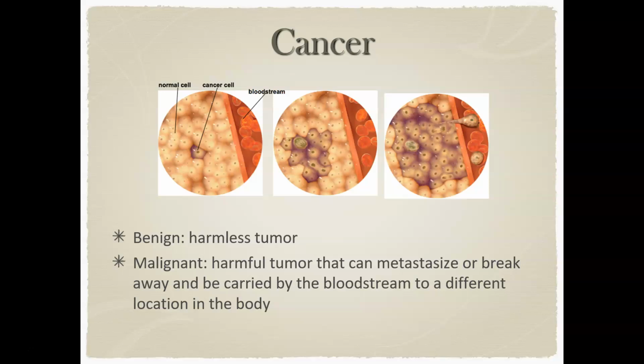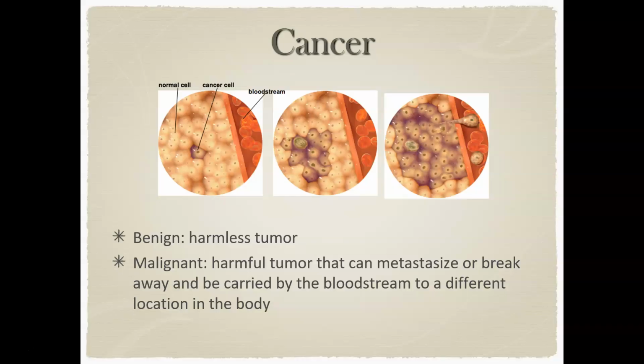So when we look at those tumors, we classify them either as benign or malignant. Benign tumors, although I put the word harmless here, that's probably a little bit of a misnomer. They're harmless in the sense that they've lost the density dependent inhibition, so those masses will form, but they're a little bit easier to treat because they will stay localized.